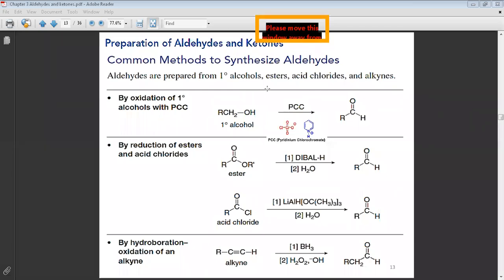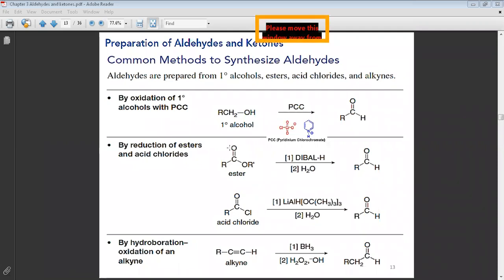But the mechanism, we don't take the mechanism for this reaction. It's slightly difficult for graduate students. It is enough for us to prepare the aldehyde from a primary alcohol by using pyridinium chlorochromate. Memorize this. The second method is by reduction, the reverse of oxidation: reduction of esters